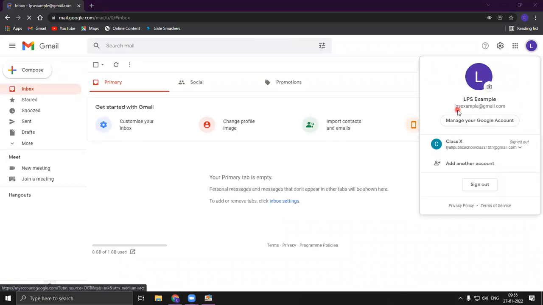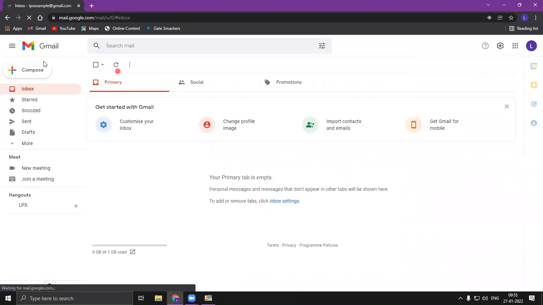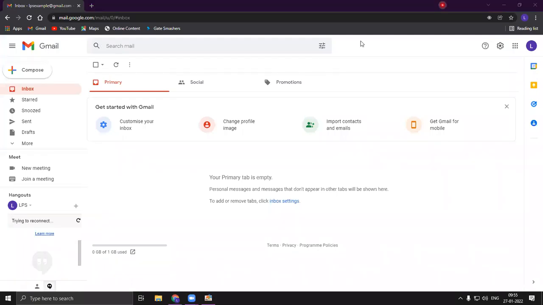And what is our email address? lpsexample@gmail.com. Here is the first interface you will see when you create a Gmail account. This is our first window, first desktop we can say, that we see when we open the Gmail account. Here is the compose button, inbox, starred, snoozed, sent, drafts, and more. So these are the buttons you can see while accessing the Gmail web application. So I hope I am clear to you. Please give your consent if things are clear to you.